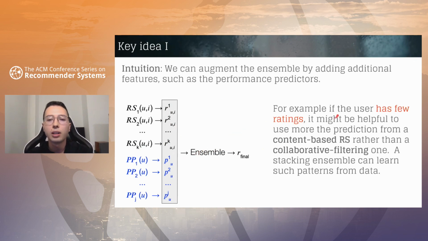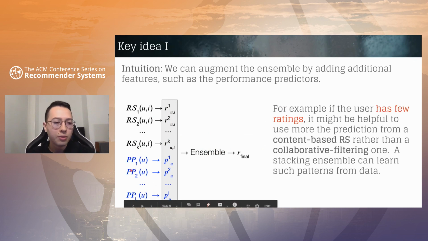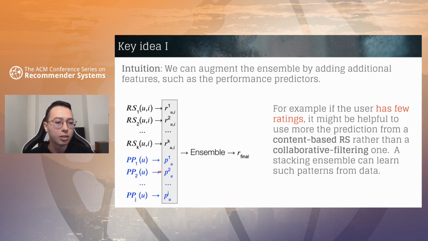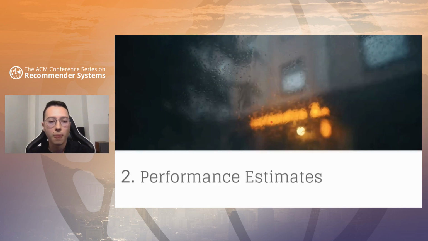For instance, if a user has few ratings, like the example we showed before, and the ensemble knows this because of a performance predictor that tells us so, it might choose the ratings from a content-based recommender rather than collaborative filtering. So this field is concerned with engineering those features, those performance predictors, so that we can have better stacking models. And our approach